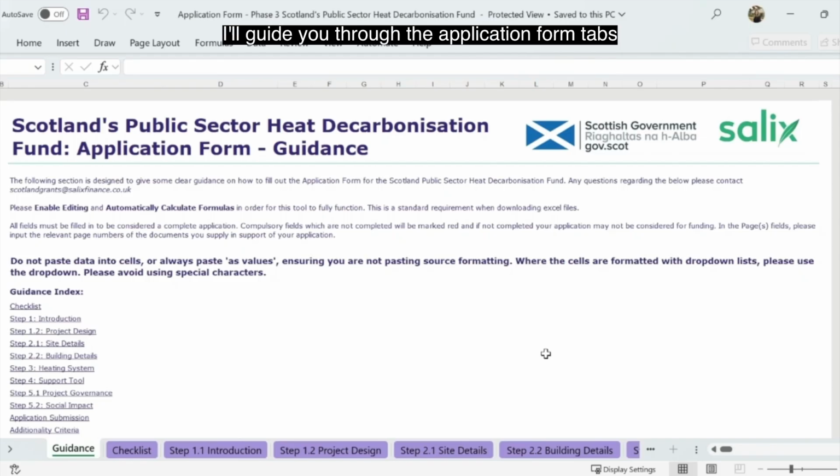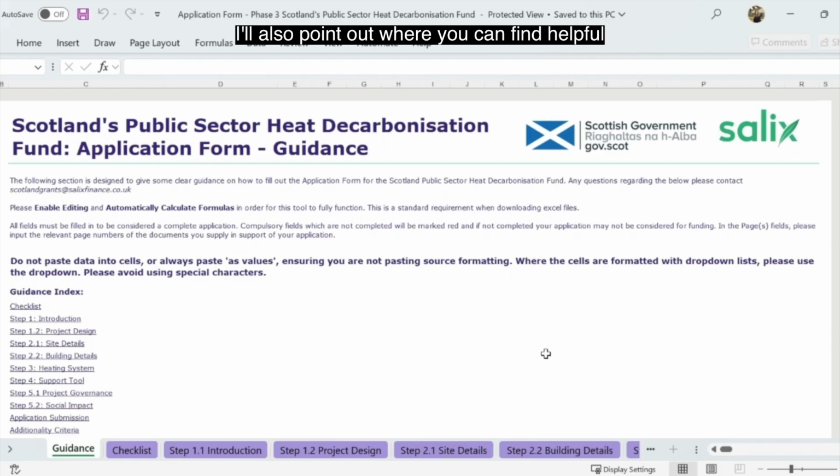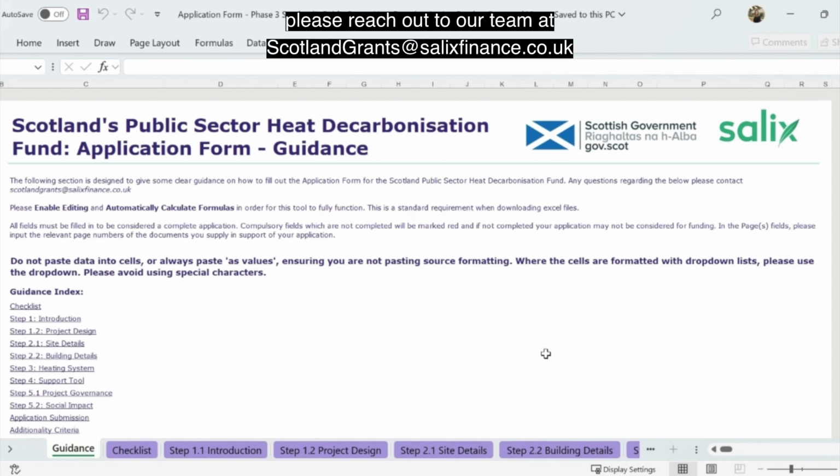I'll be going through the application form for Phase 3 of Scotland's Public Sector Heat Decarbonisation Fund. I'll guide you through the application form tabs and explain for each one what kind of information we expect to see from you. I'll also point out where you can find helpful prompts within the document to support you as you complete your application. If you have any questions relating to Phase 3 of the scheme, please reach out to our team at